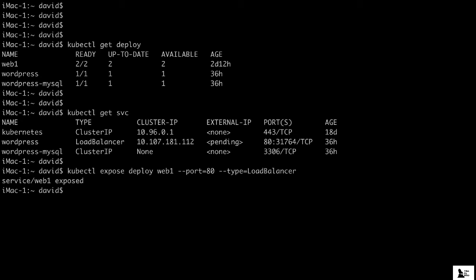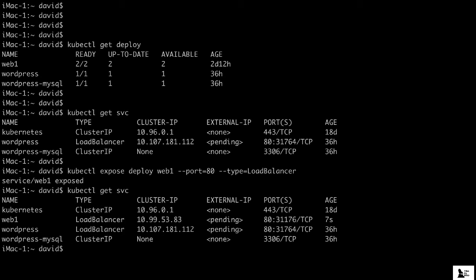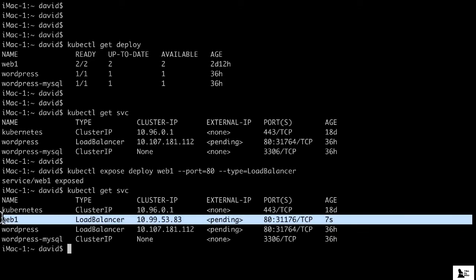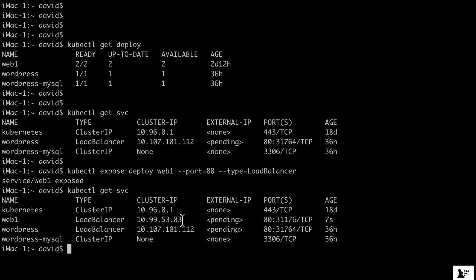And there you go, we just created the web1 service. Let's do kubectl get service, and there you can see the web1 service was created. Now, normally you could access it on this IP right here that was created. However, since we're running MiniKube, and that cluster is actually in a virtual machine, we need to use MiniKube service,